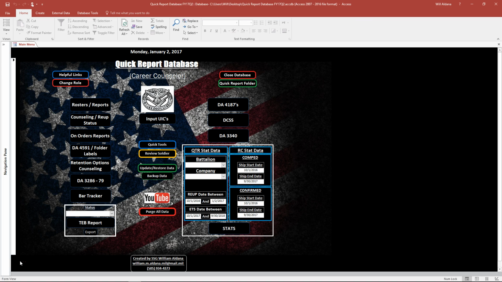Alright, so I wanted to go over how to set up the quick report database and some basic troubleshooting, because sometimes I'll get emails because the reports aren't displaying correctly. So I'm going to go over some stuff so that it mitigates some of those issues. So the first thing that you want to do with the database before you put any of your